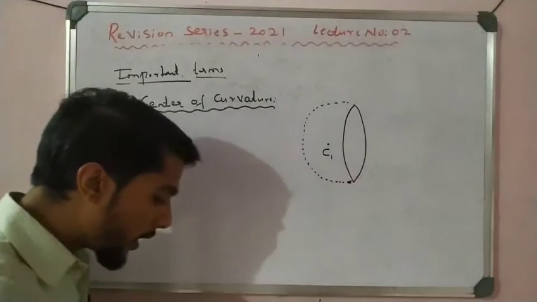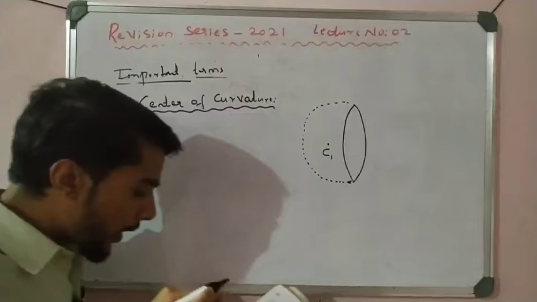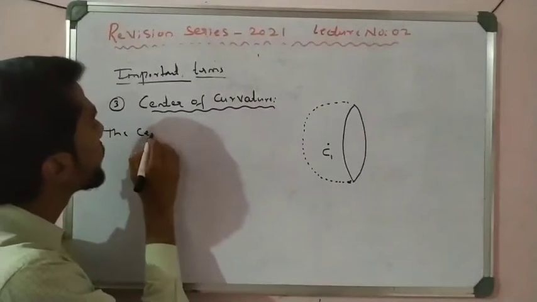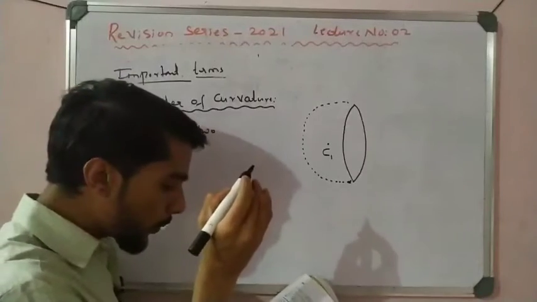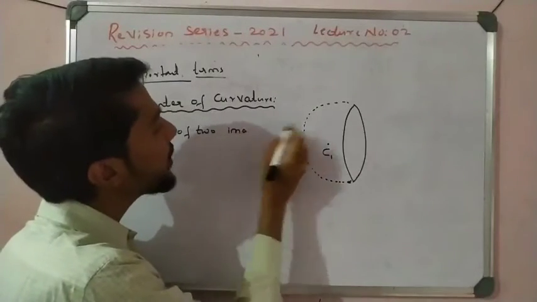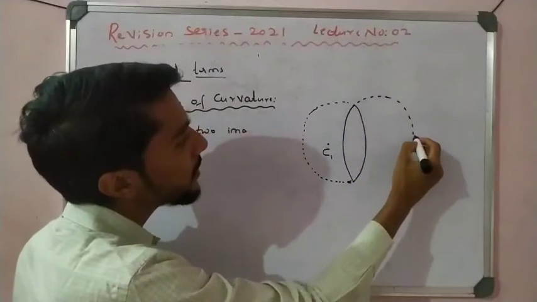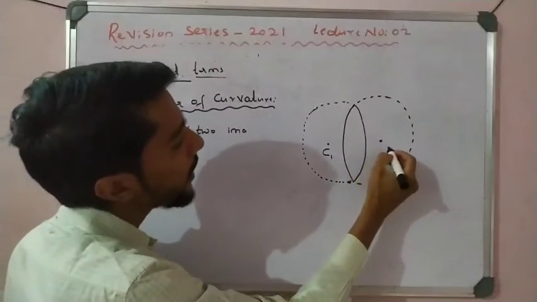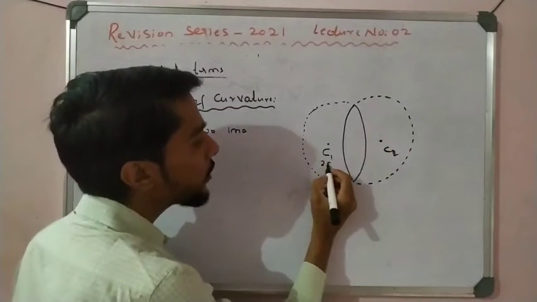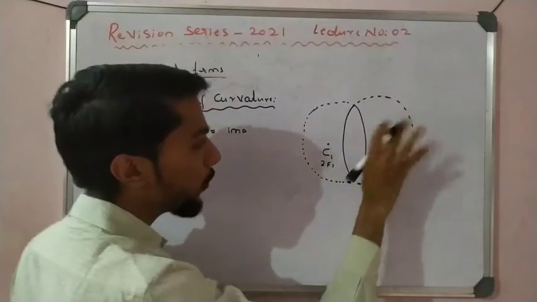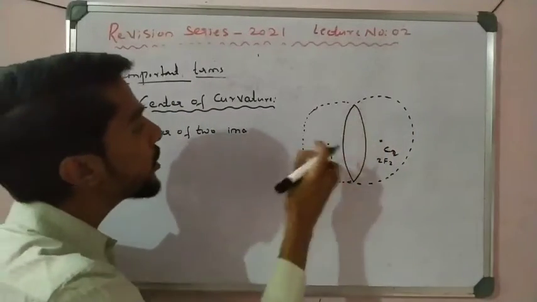So here, write down the center of curvature definition. It is imaginary, correct? Here is one imaginary circle, and if I take this one, this is another imaginary circle, and this also has one center, that is C2. Okay, C2, later on we say it is 2 times F1, and 2 times F2, okay, later on, right? So you see, the center of the two imaginary